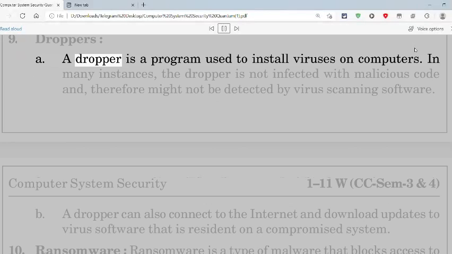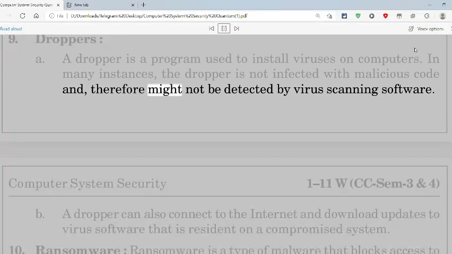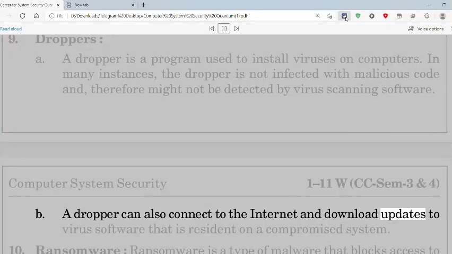9. Droppers. A. A dropper is a program used to install viruses on computers. In many instances, the dropper is not infected with malicious code, and therefore might not be detected by virus scanning software. B. A dropper can also connect to the internet and download updates to virus software that is resident on a